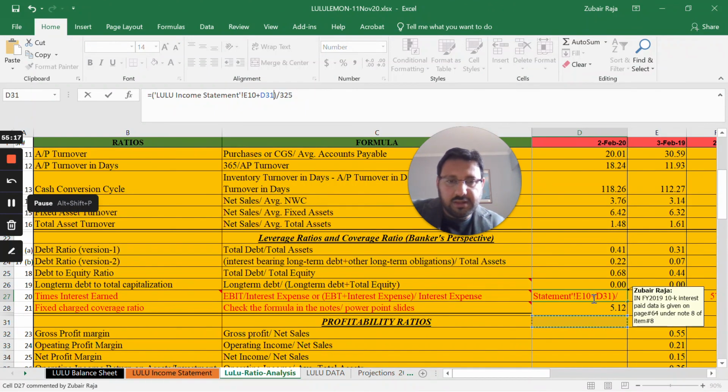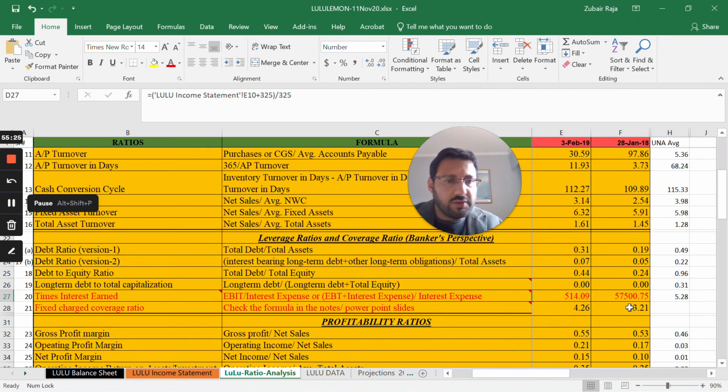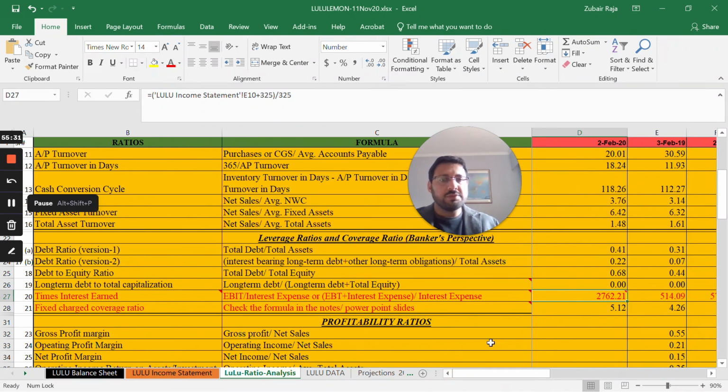But look at the inconsistency of these numbers: 2762 versus 514 versus 57,500. So in fact, this shows that these numbers are very much in line with the nature of the borrowing of the Lululemon, and